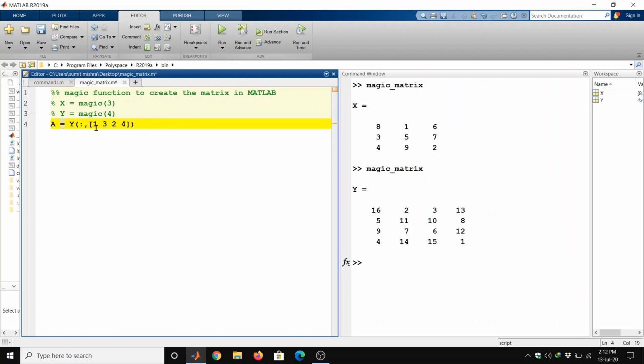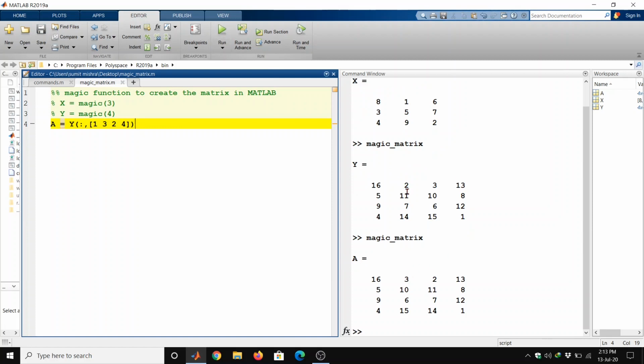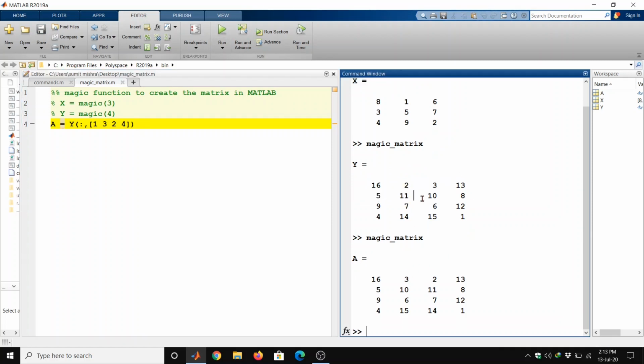So what I am doing here, I want to swap the second column and third column. So we can run it here. Here we can easily see that the second and third columns both are interchanged now.